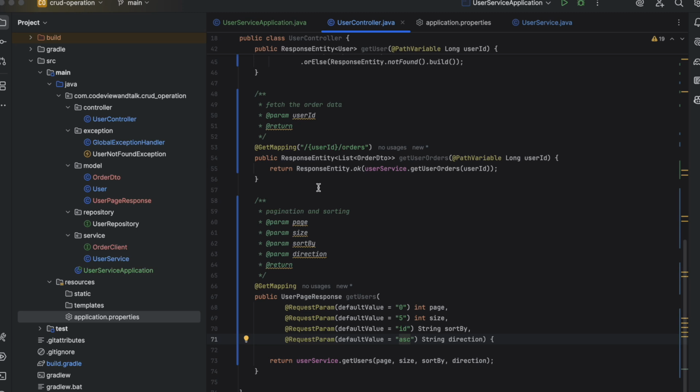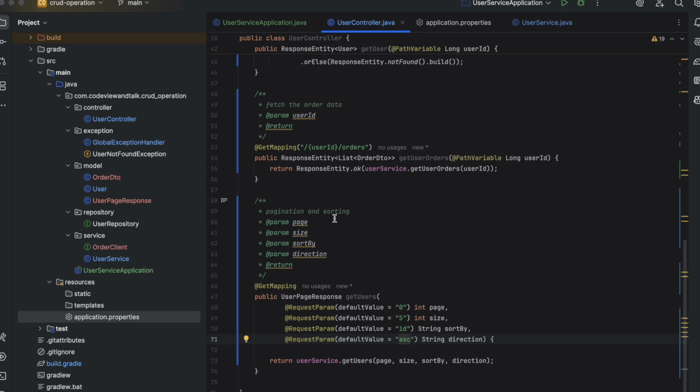So I have written some APIs. Let me explain what the scenario is here. I have user data. Let's say you have a huge number of records in the database and you want to send that data to the client. When you have a huge amount of data, your API is taking more time to load that data, so the client side is taking more time to get the response from the API, and the page